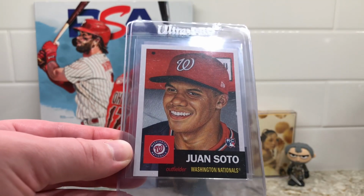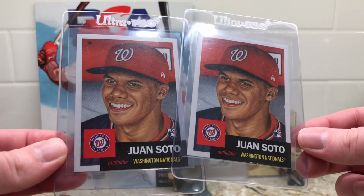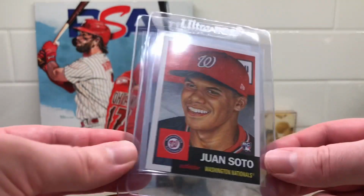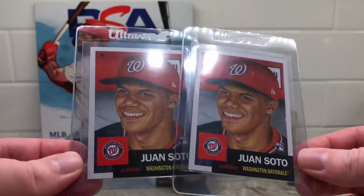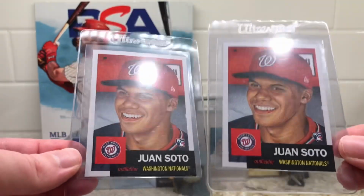It's the Juan Soto Living Set. So did not have these cards. So Mike, I greatly appreciate that. No need to send 2 of them. I only needed 1, but now I can throw one in the Z Folio, and maybe I'll look each one